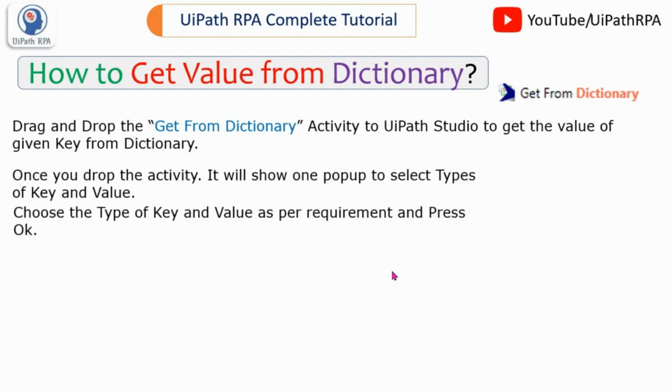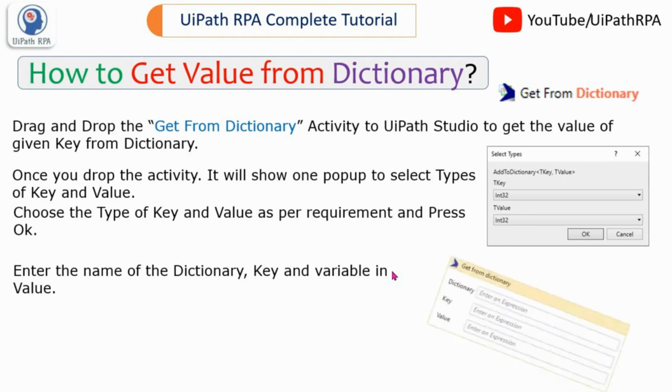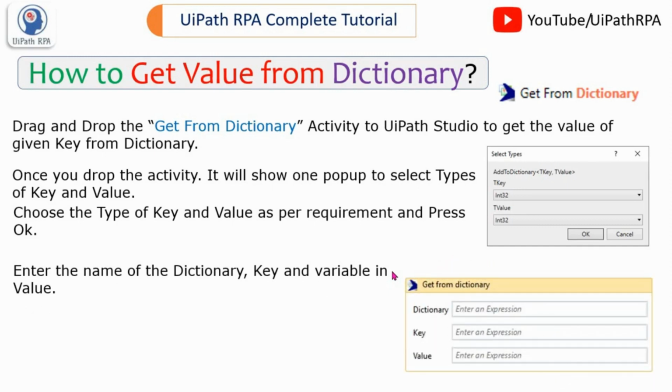Once you drag and drop the activity, it will show one pop-up to select type of keys and values, same as the previous, and then we have to choose the type of key and type of value like string and string and press OK like this, and then enter the name of the dictionary and key and variable in value. So here we need to pass the dictionary name and the key for which we need to get the value, and then the value will be one variable.